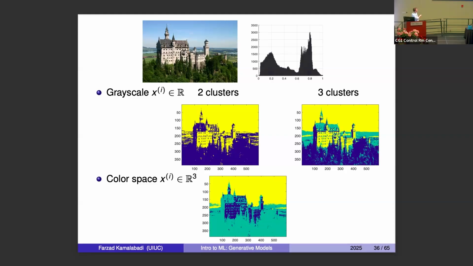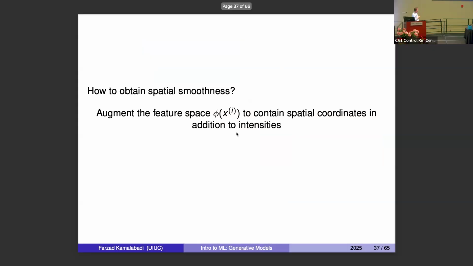Yes. So here's the image, and you have these two clusters. With two clusters, you end up with this segmentation. With three clusters, you end up with this. But essentially, with more classes that you add, it shows you the structure versus maybe the trees. And here, you find maybe the variation in the middle between the trees and the background, the lighter background. Okay.